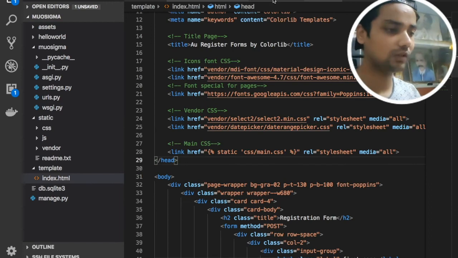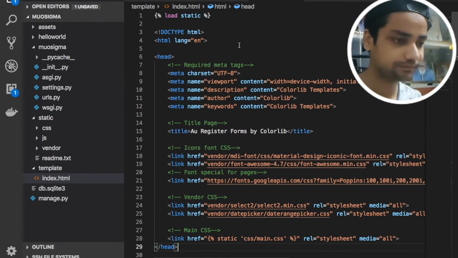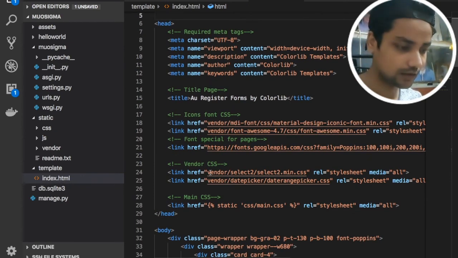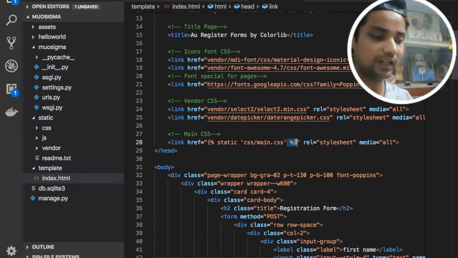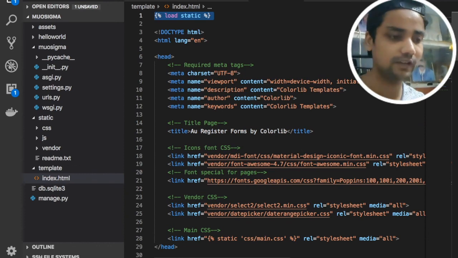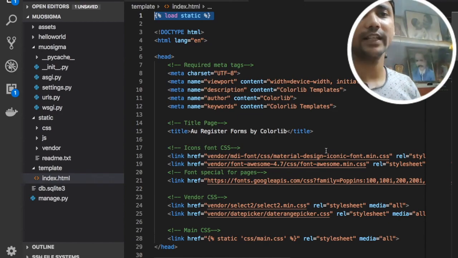Then you just need to go inside the index.html, or whatever file you are changing, and first you need to write this static and this Jinja code. You need to just type this Jinja code, and you need to specify your static keyword, and like this you can end, right. And then after, you need to define load static at the top of your HTML file. Just need to do this only, and then you will get your working template file.